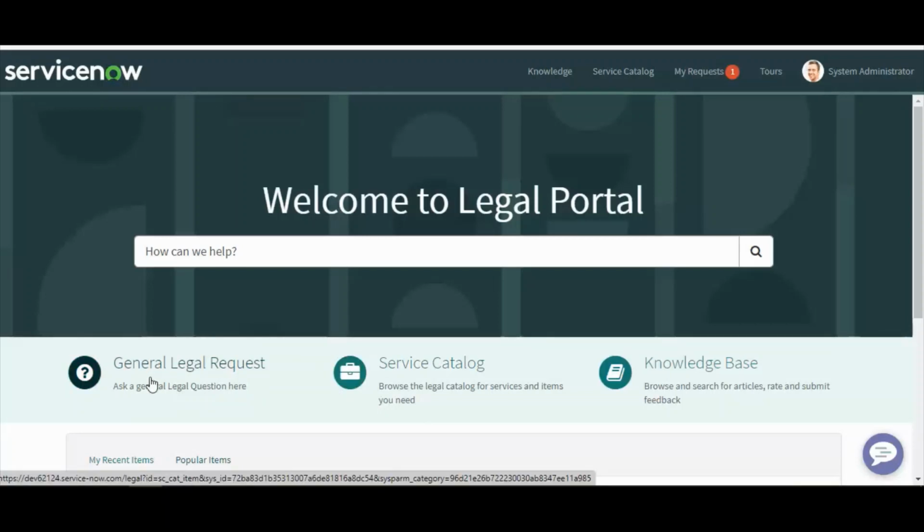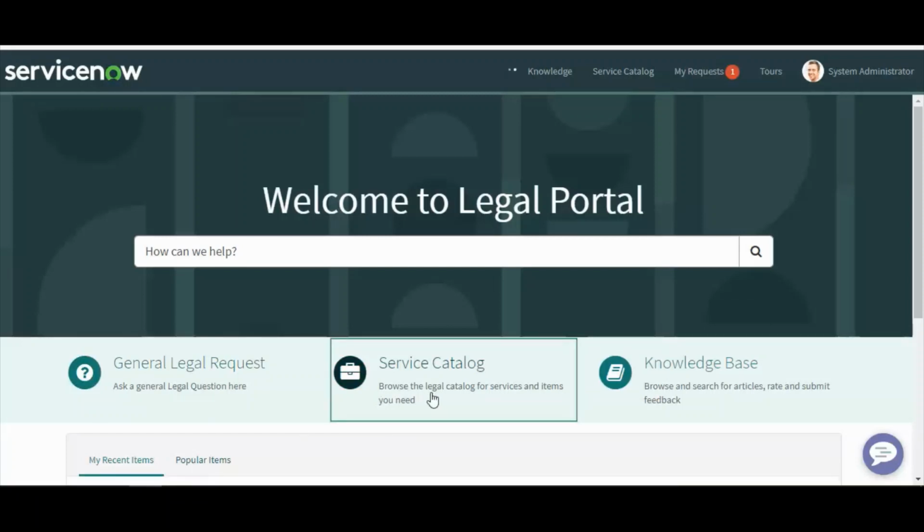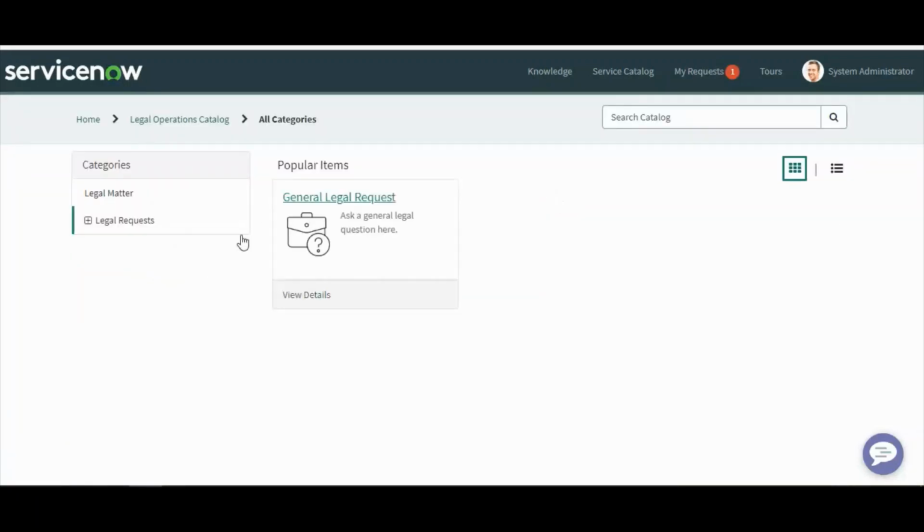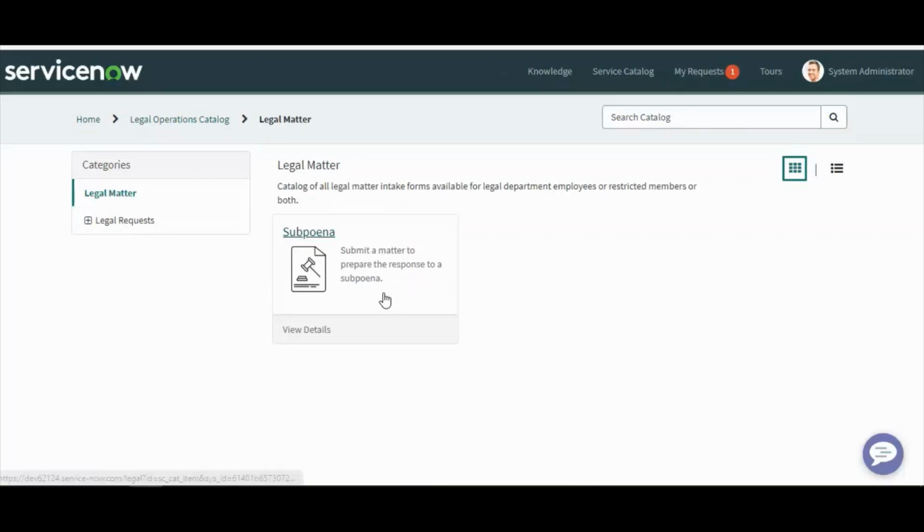Now the second thing is the legal catalog. Similar to before, if we have any catalog, then we can discuss from here. Currently I have only one catalog here, legal request management, but if we have multiple, then we can discuss. So you see, in the legal matter I have one, and under the legal request